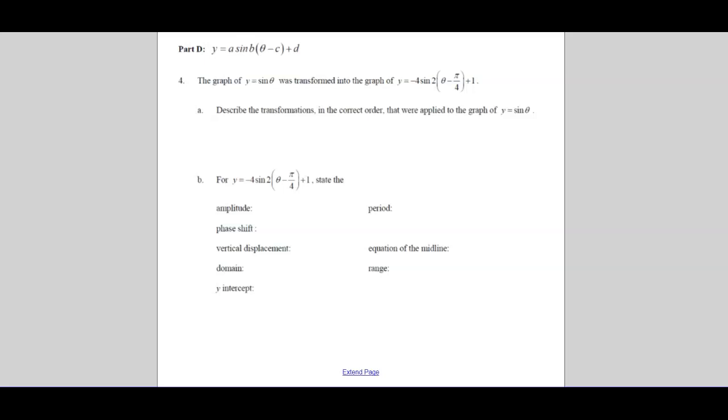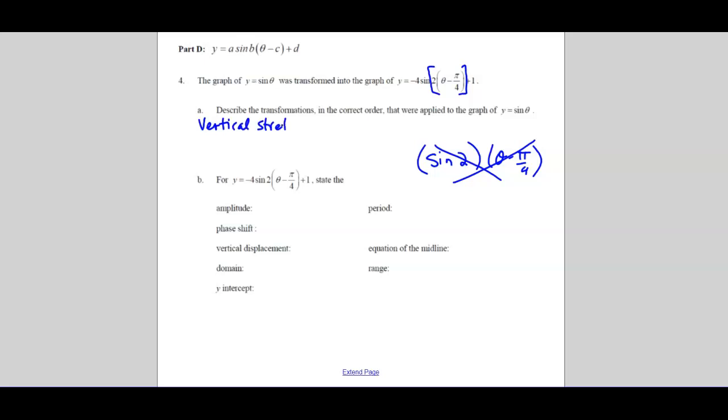So you look for your stretches. Notice the notation here. If you see sine 2 bracket theta minus pi over 4, that's all with the sine, right? It's like having big brackets there. So sometimes you'll see the big brackets, sometimes you won't. It does not mean sine of 2 times theta minus pi over 4. Okay, so context is important. It really means that. Sometimes we put the bracket, sometimes we don't. Okay? In any case, your stretches, we've got a vertical